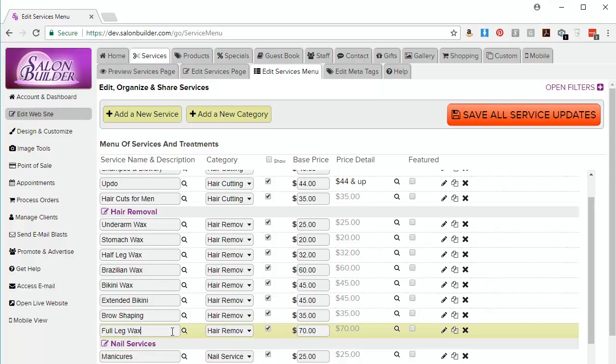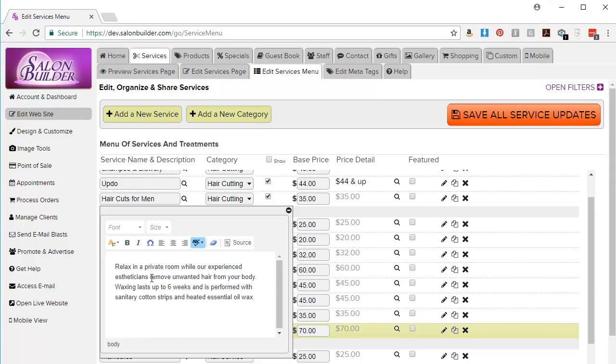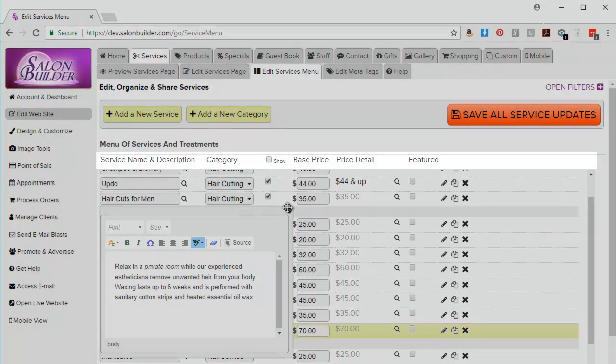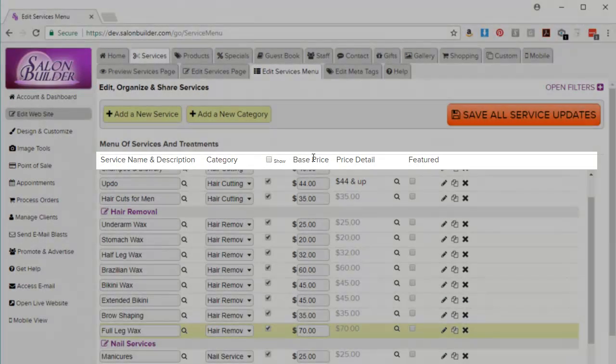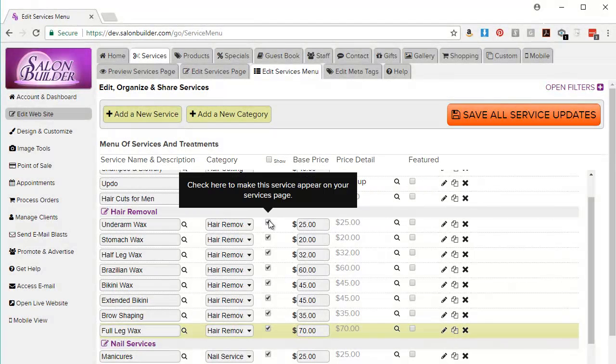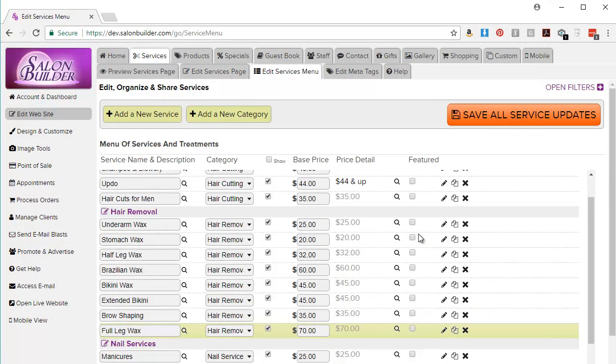To edit the description of this item, I can click on the zoom icon and a small text editor will appear with the current description shown. Most items in the grid are described at the top here. However, some items you need to roll your mouse over or tap to see the details of what that tool